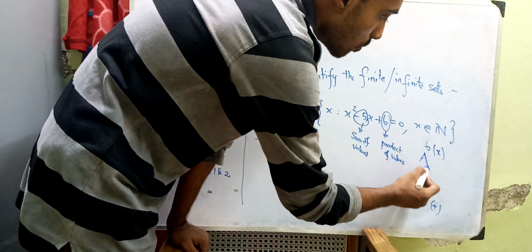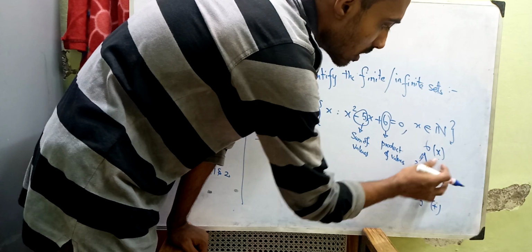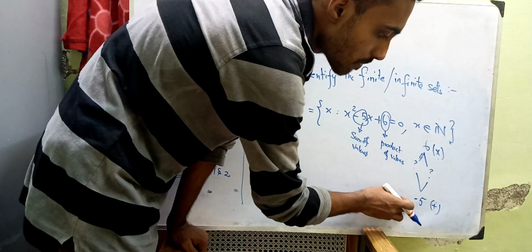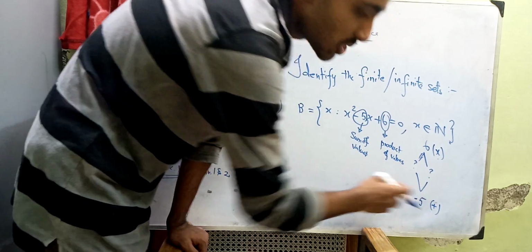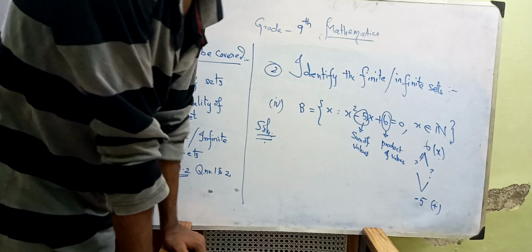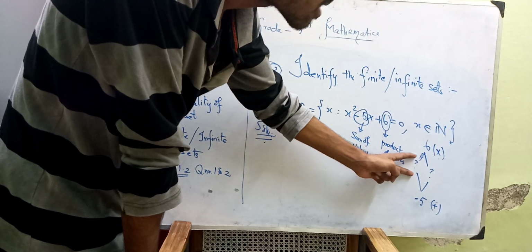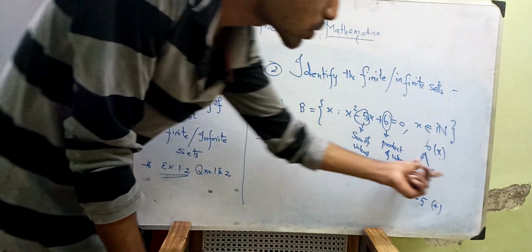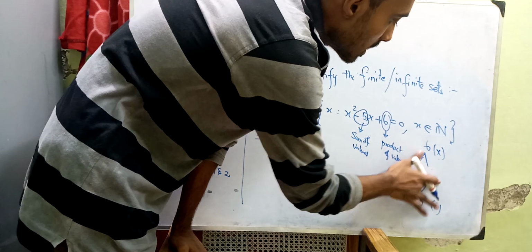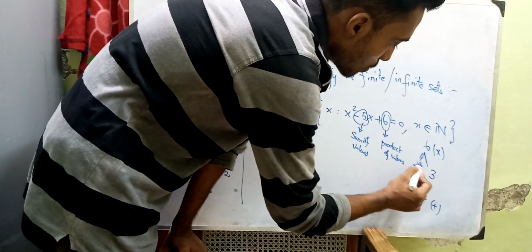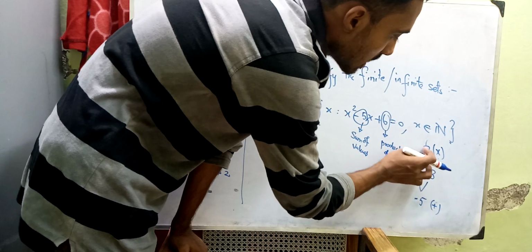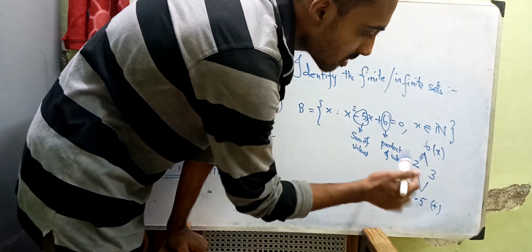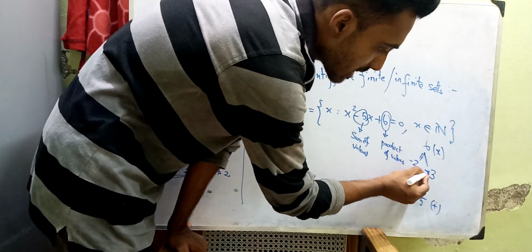So what are these two numbers? If I multiply these two numbers, I should get 6. At the same time, if I add these two numbers, I should get minus 5. I should get the answer at the same time for 6 as well as minus 5. What would be those two numbers? Those two numbers will be 2 and 3, right? So 2 into 3 is 6, 2 plus 3 is 5, but we have a minus symbol here. We can use minus here.